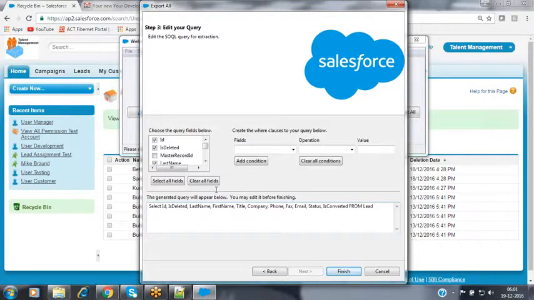The IsDeleted field is a standard field in every object in Salesforce. It may be standard, it may be custom. In order to remember whether this lead record or this object record is deleted or not, Salesforce is internally maintaining a field called the IsDeleted field. This IsDeleted field is a Boolean field, nothing but a checkbox field, which will be indicating whether the lead record has been deleted or not.